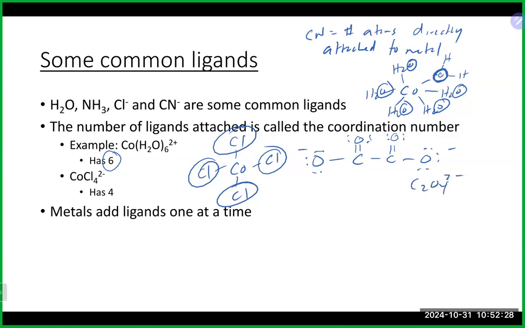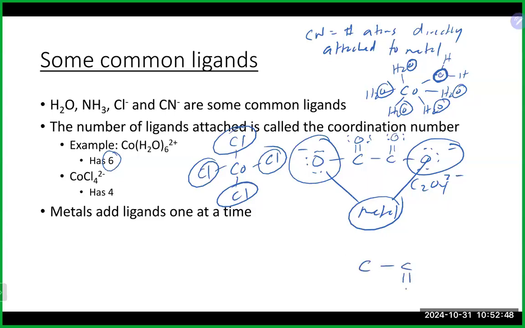C2O4 2-, oxalate, is actually known as a bidentate ligand because both of those single-bonded oxygens can attach to the metal. So you get a 2-for-1 action when you have an oxalate molecule. Basically, if you had 2 oxalate molecules,